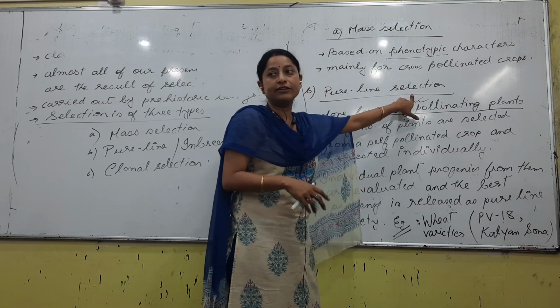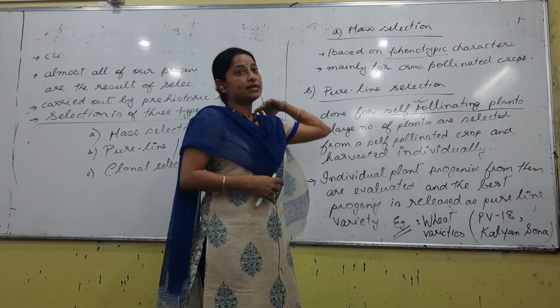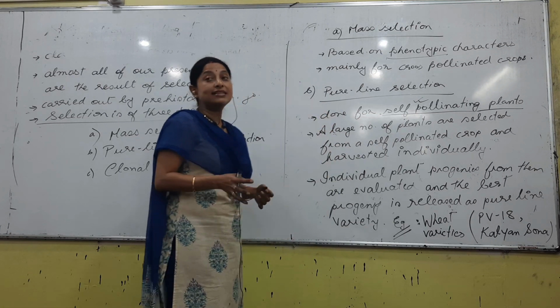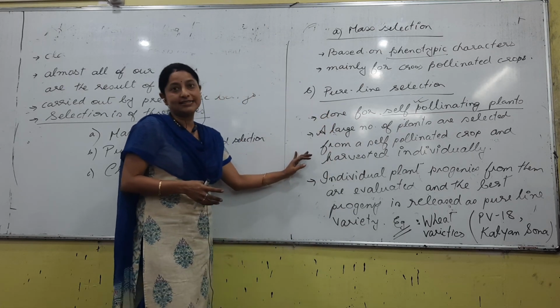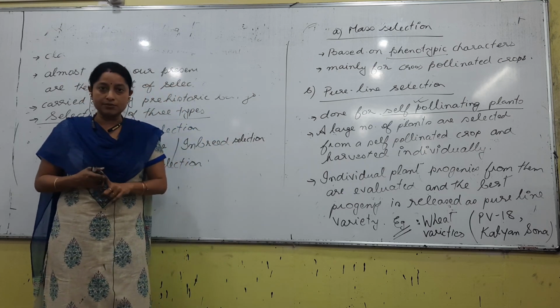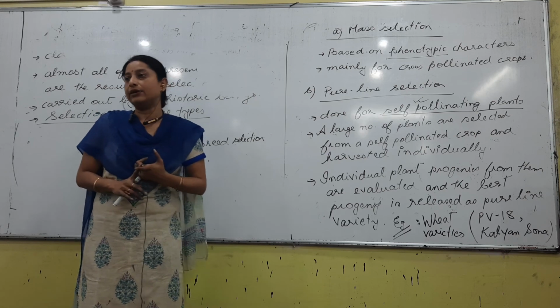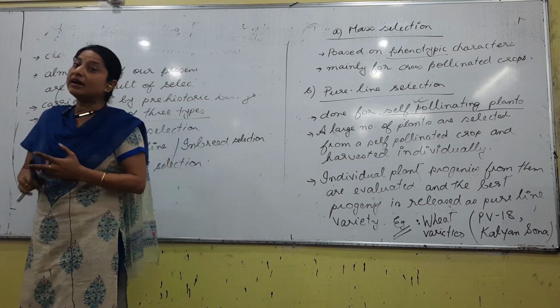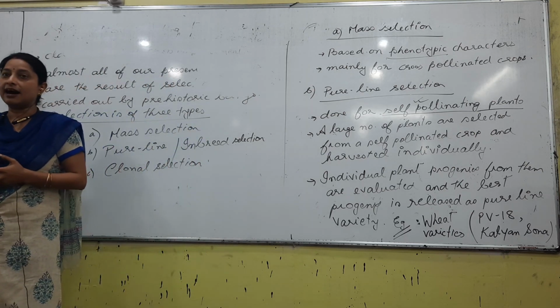of pure line selection. So we are talking about selecting the parents. How will you select the parents? There are three methods of selecting. First, you talk about the phenotypic characters, you talk about the morphology, juntu bhal hetu uthai loi anilo. Second, you make a pure line and then you select.